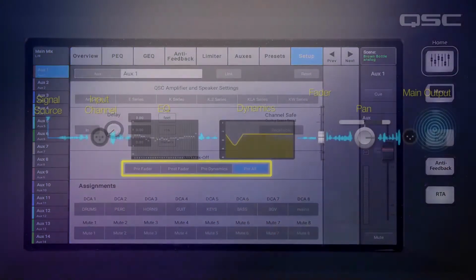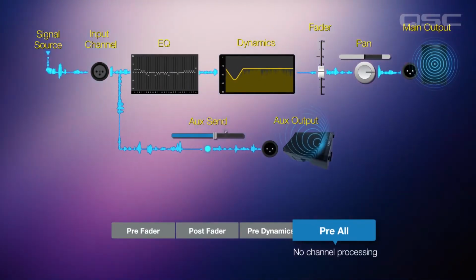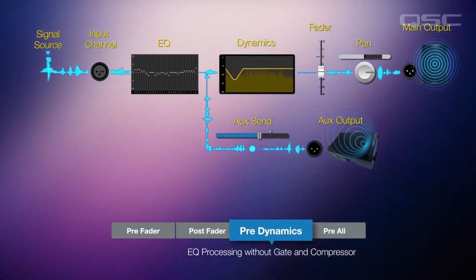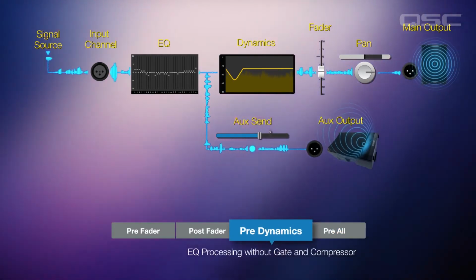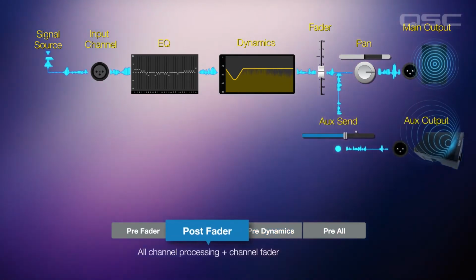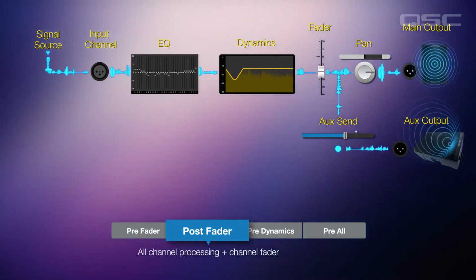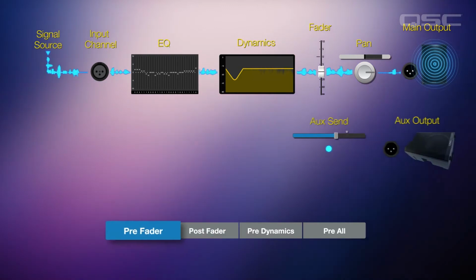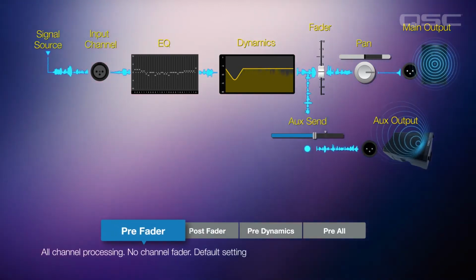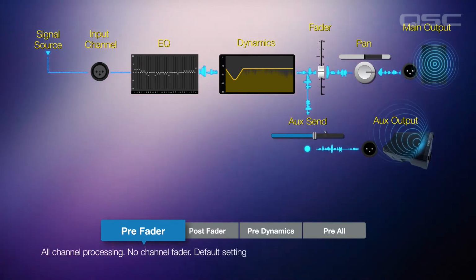Pre-all means the aux signal has not passed through any channel processing. In other words, it is picked off right at the point where it enters the channel. Pre-dynamics means the signal has been processed by the channel EQ, but not by the gate and compressor. Post-fader means that the signal going to the aux has passed through all the channel processing and the channel fader. When the channel fader is raised or lowered, the signal going to the aux will change as well. Pre-fader means that the signal has passed through all the channel processing, but won't be affected by the channel fader. This is the default setting in TouchMix and is most commonly used for monitors, which brings us to the next